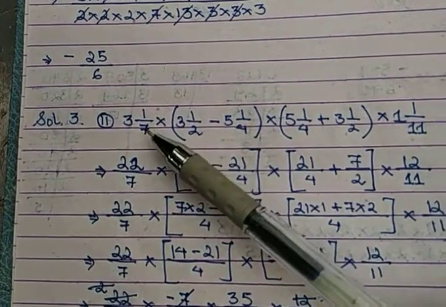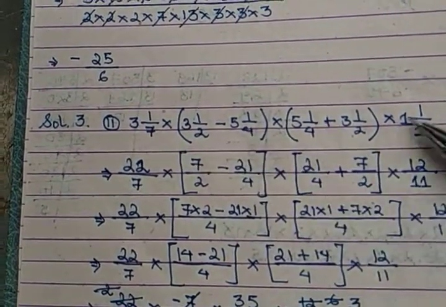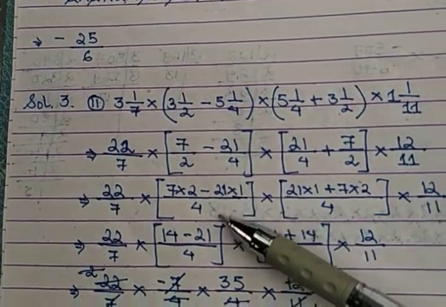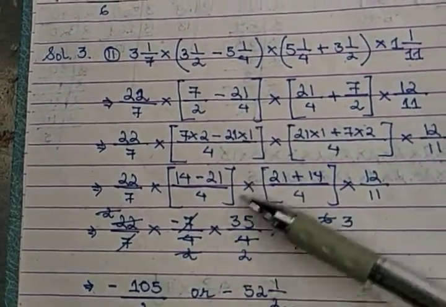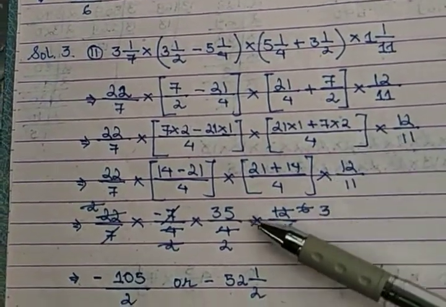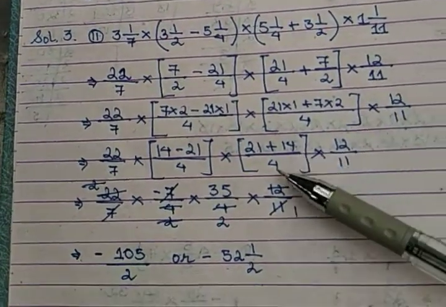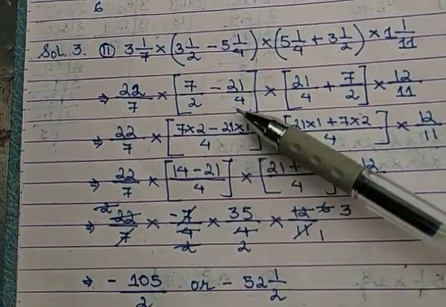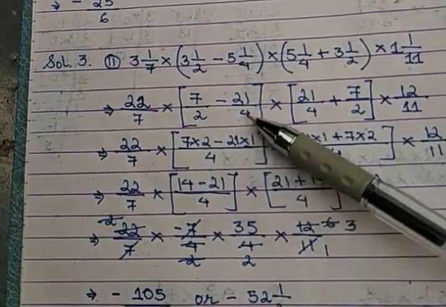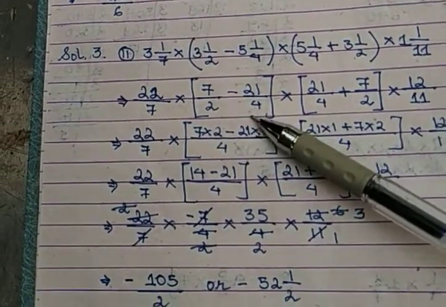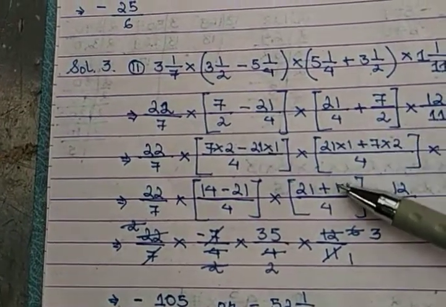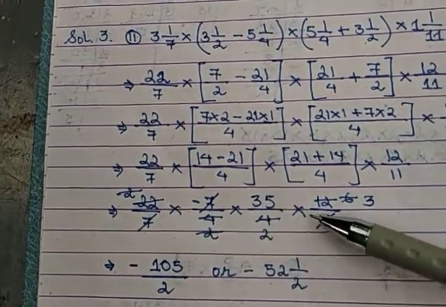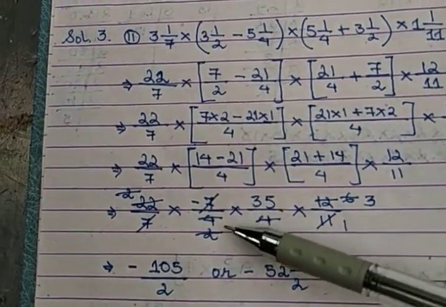First of all, it was in the mixed fractional form, so I have converted all the mixed fractional forms to improper form. After that, subtraction of fractions, I've done subtraction of fractions in here, and addition of fractions in here. The multiplication term remains as it is. I hope I don't need to explain the same thing again and again, because you know how subtraction and addition of fractional forms is done. After that, what I got here is multiplication of fractional forms.